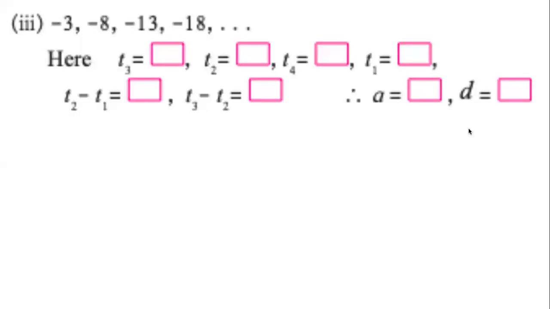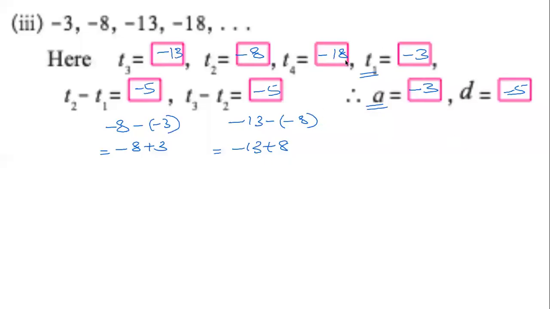Once again, the question is on your screen. Your textbooks will remain closed. You will try to answer this in your notebooks before you confirm. Once again, you have given me the correct answers. The terms are very clear. First term is -3, and it goes on to -8, -13, -18. When we take the difference of consecutive terms, we see that once again, the difference is the same, -5. Now, if I ask you what is T4 minus T3, type it in the chat. What is T4 minus T3?